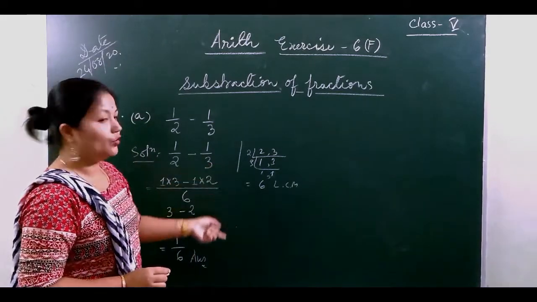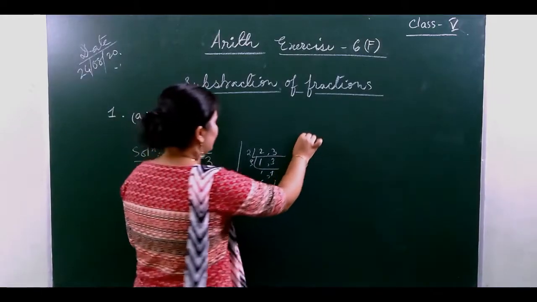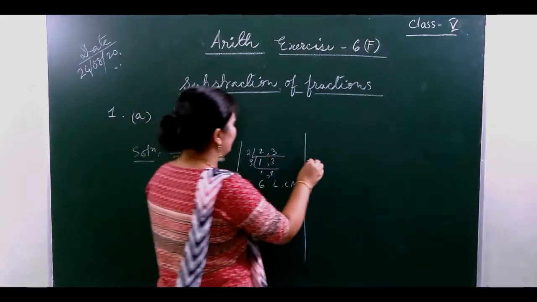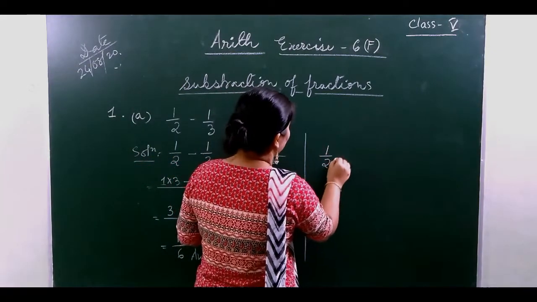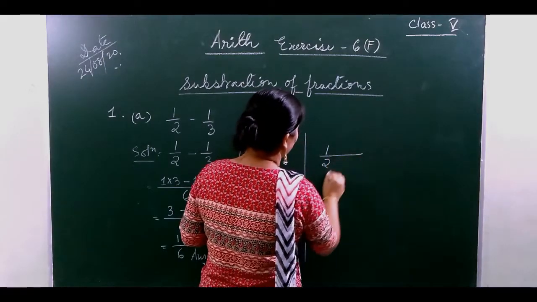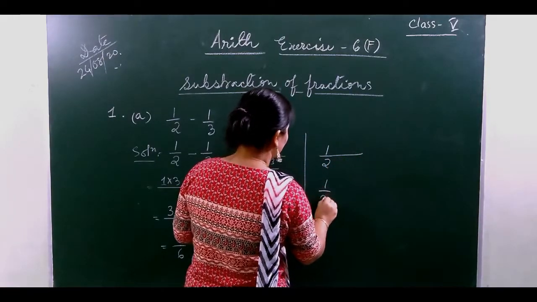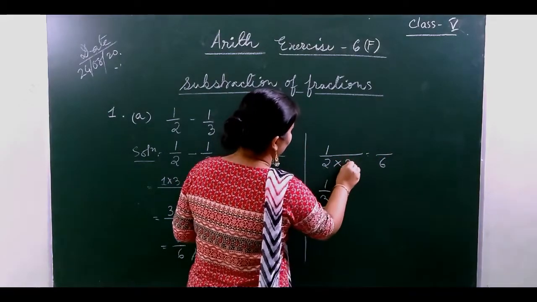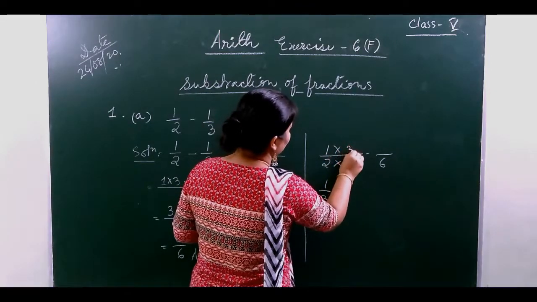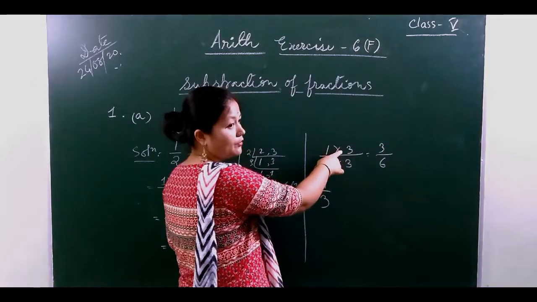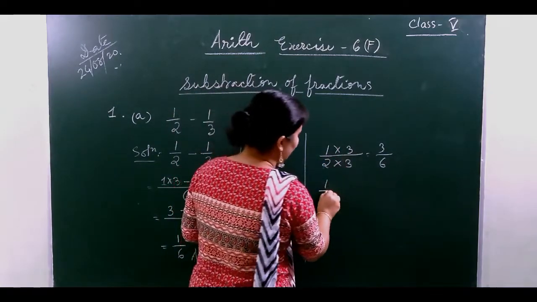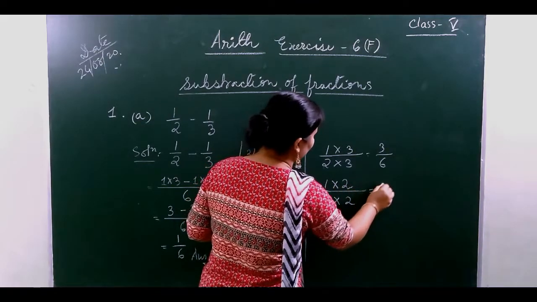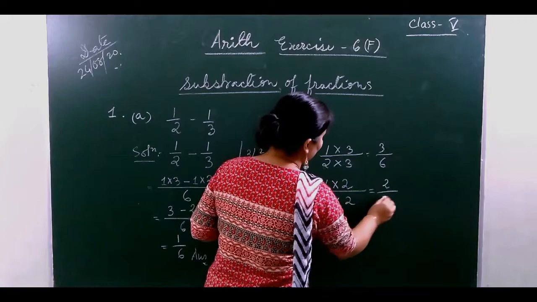Okay, there is one more process to do this. We take out the LCM, same like this. Then we make the fractions equivalent. 1 by 2 like this, then 1 by 3. The LCM is 6. So 2 3 times 6 and 3 1 times 3. The same thing we have to multiply with the numerator also. Here also 3 2 times 6. That 2 we have to multiply with the numerator also. So 2 1 times 2, 3 2 times 6.